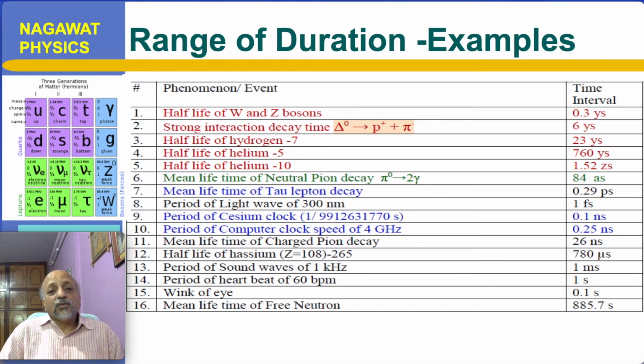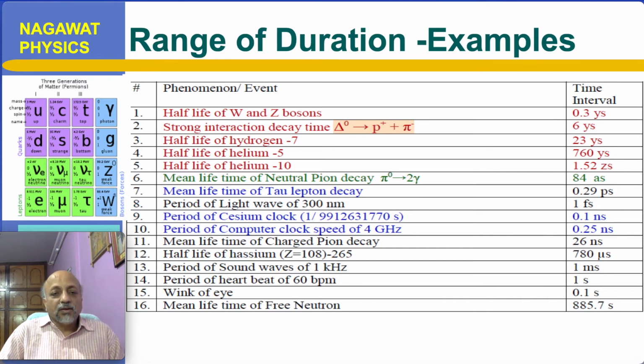So the time durations which are of importance, a range of durations of events, I have given here, which gives you another picture that, like length, the prefixes nano, micro, and so on will be very useful in understanding time durations, because time durations are changing. So the half-life of hydrogen is different from the half-life of helium, and the half-life of helium-10 is much smaller, and so on. We also understand the neutron is not stable, and among the times listed here, that is the highest value of time duration,